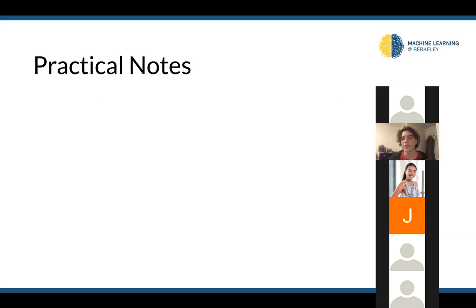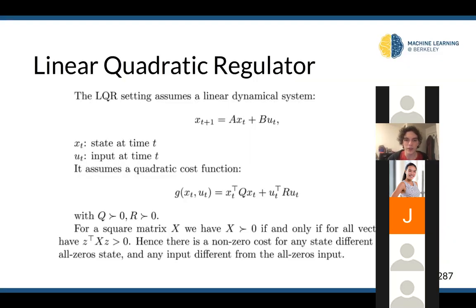Okay, so Alina asked what values go into Q and R, how are they calculated? This is a great question, and this will be something that you'll be doing in the LQR portion of the homework. So Q represents the quadratic cost on the state, and R represents the quadratic cost on the action. So if we say our action is a steering and a throttle, a vector of two numbers, then R is going to be a 2x2 matrix where, let's say it's diagonal, the first diagonal term is going to tell you how much you weigh the squared steering action, and the second diagonal term is going to tell you how much you weigh the square of the throttle